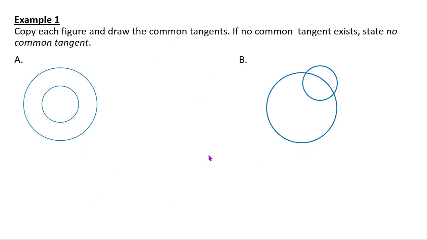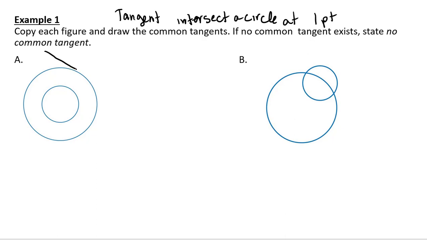So drawing each figure, figure out if we can have any common tangents. And remember, a tangent intersects a circle at one point. So in A, if I draw a tangent somewhere out, and I know that that's not specifically